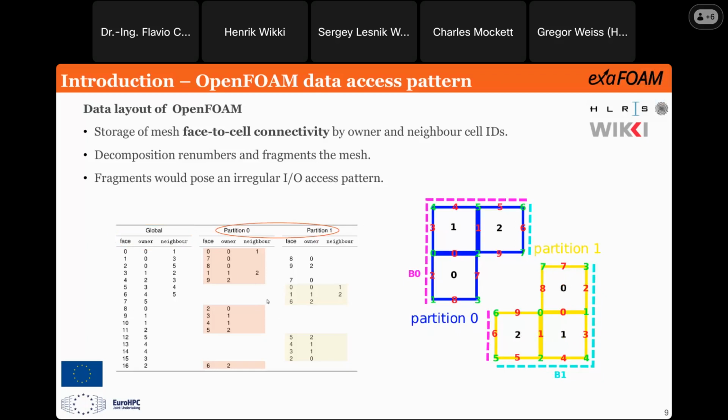You will also store these addressing files, the mapping essentially from the old global mesh to your partitioned mesh. In the end, your mesh gets very much fragmented with respect to the previous global mesh. So it's renumbered and fragmented, which really calls for this irregular I/O access pattern. But as I said, if you can avoid it, you can avoid some of the overheads of mapping during the I/O.